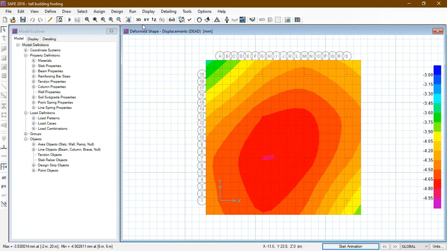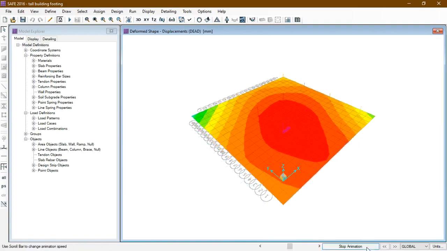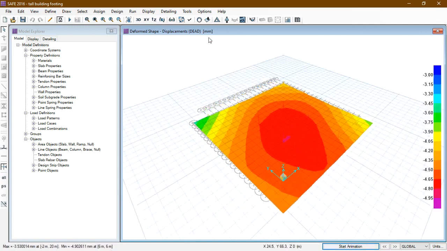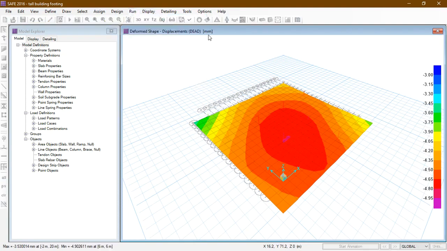Stop. We can also see it in 3D view. And again start animation. Now next we go to run analysis and design.